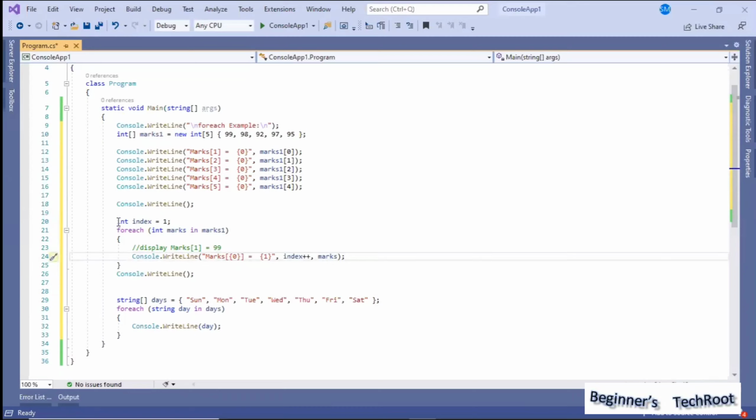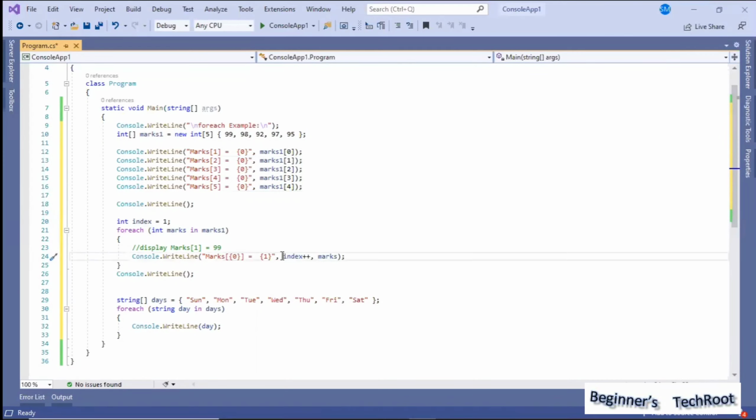Okay, so what I did, I declared a variable index and assigned its value to 1, so that first it takes 1 in this place, and then here I used index plus plus. So the same increment I am using here also. What this does, index plus plus, is increment the value. Same way the loop continues, this value will increment, and the same will be passed to this placeholder, so that automatically this will become 1, 2, 3, 4, 5.